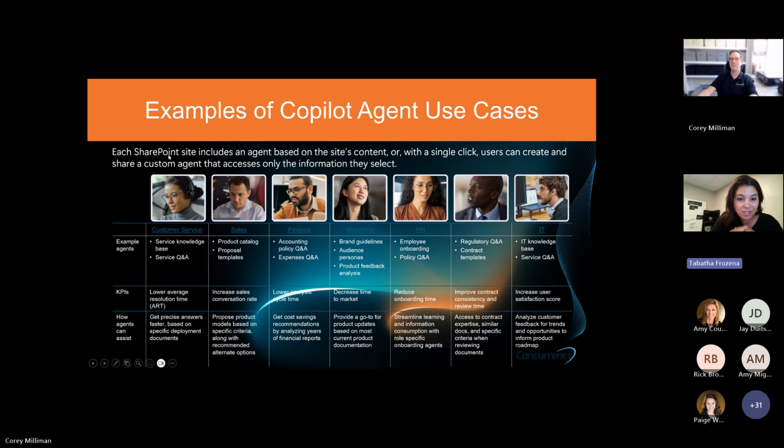I'm excited, Corey, for you to go to your demo, but I wanted to hit on a couple of these, like customer service. I think the SharePoint agents connecting to a knowledge base or a service might be great, like you already showed with the log files: draft me a response to common inquiries using language from past tickets. It gives a manager or an individual contributor an idea to say, use the information I have, put it into Copilot, and tell me if there are certain things I'm missing or pulling out. Maybe even to prep for certain renewal calls,